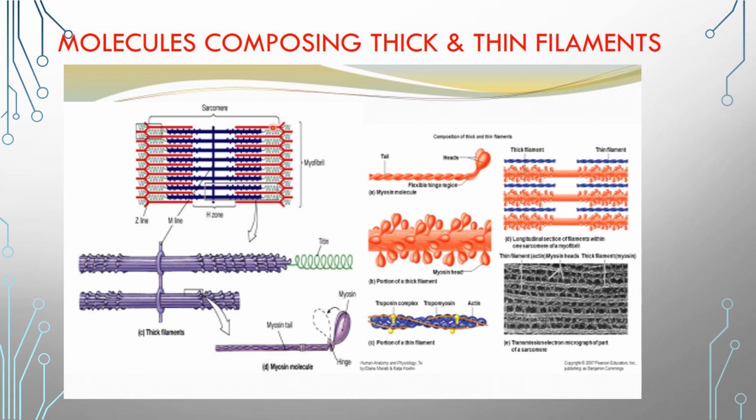Now you can see here in the light area, or the I band area, there is a special protein which is called titin, which is a contractile elastic filament, and it enables the myosin filaments to attach to the Z discs. So you can see here the thick filaments and their myosin heads projecting towards one side. Whereas these thin filaments are made up of the two protein molecules, the troponin and the tropomyosin, and these actin filaments which are wound together over each other.